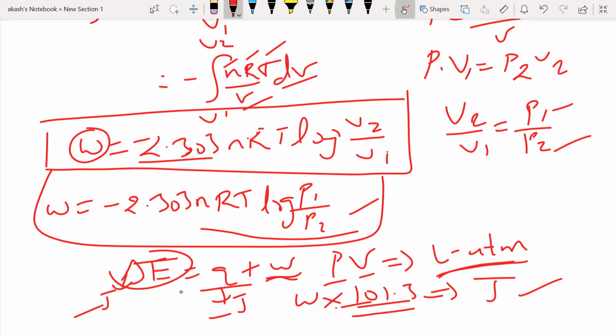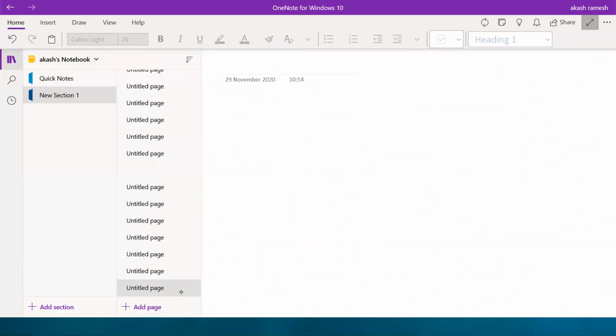Now in this case, you don't have to worry about it, because you will use the R value accordingly. The R value will be in terms of joules, that is 8.314 in this case. If they ask you in terms of calories, it is going to be 2 calories. So you put the R value as 2 there, and if it's asked in terms of joules, you put the value as 8.314. So this small thing you have to be very careful about. Okay, so this is about isothermal reversible expansion.